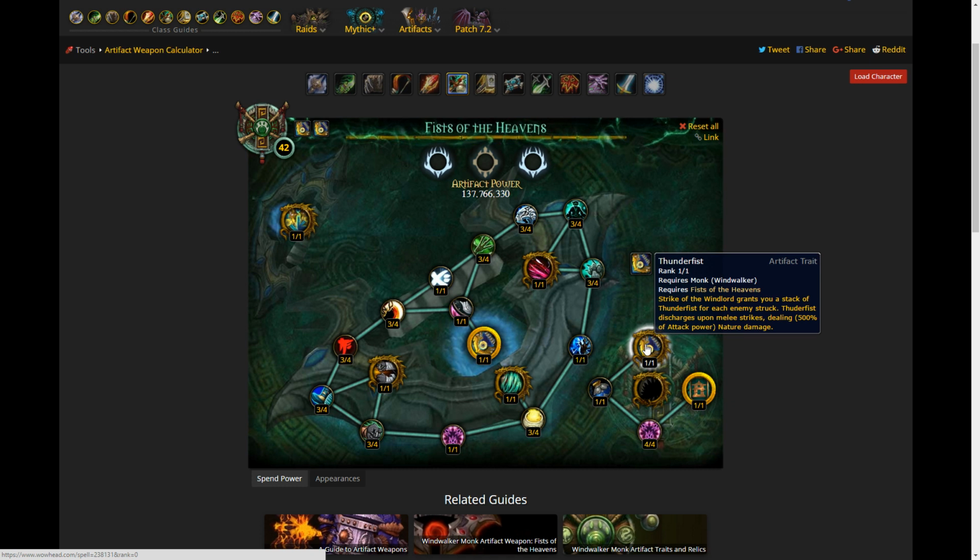So Thunder Fist, what it does is when you cast Strike of the Windlord, you get a stack of the Thunder Fist buff for each enemy that you hit with Strike of the Windlord. Thunder Fist discharges upon your next melee attack, your next auto attack, dealing 500% of your attack power as nature damage to that target. It is specifically single target. You gain stacks based on the amount of targets you hit, but the damage it puts out is specifically single target. The way this trait is designed, it's a little bit of a single target boost in an AoE situation. It gives you a little more incentive to make sure that you hit a lot of targets with Strike of the Windlord, and helps you do a little more priority target damage,